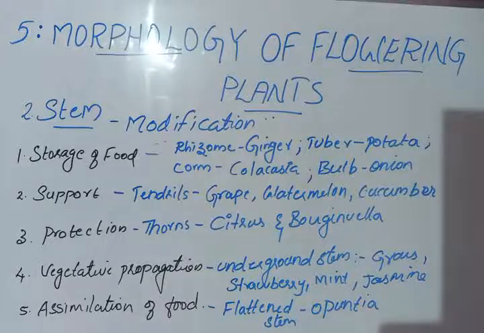Okay, so if you look at the function of stem, what is the function? The main function is spreading out branches which bear leaves, flowers, fruits and everything. First one is spreading of branches. Second one is that it conducts water, minerals and other photosynthates from the site of preparation to the site of assimilation. So that is the major function, conduction as well as spreading of branches.